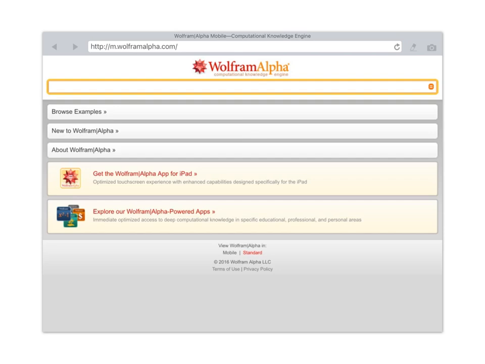Just type that in, and this is free software, and we can simply type in the equations that we want. So I'm going to type in the three equations that we just looked at in our last example. So I want to tell Wolfram Alpha to solve